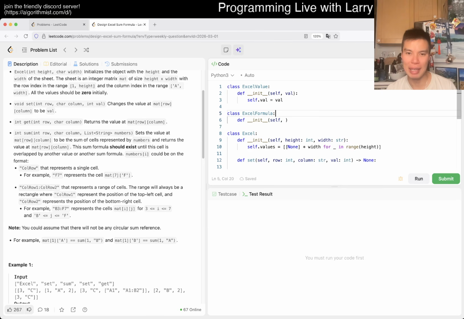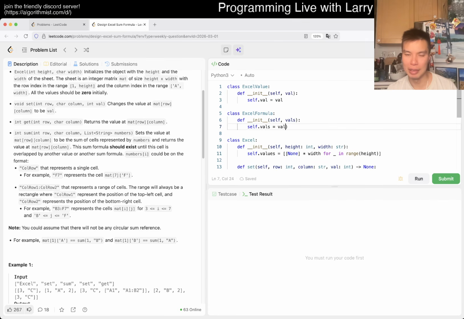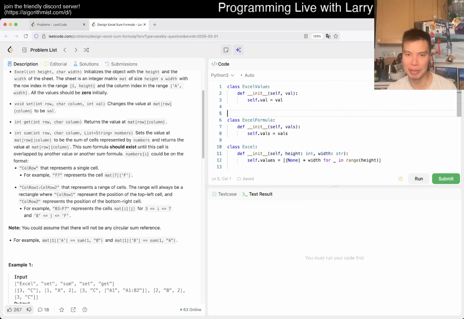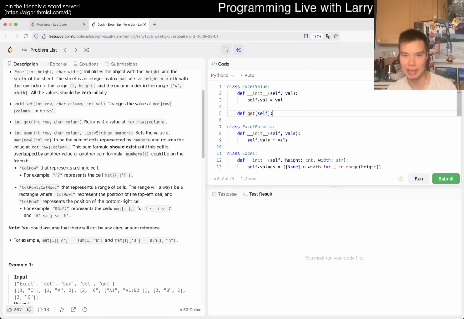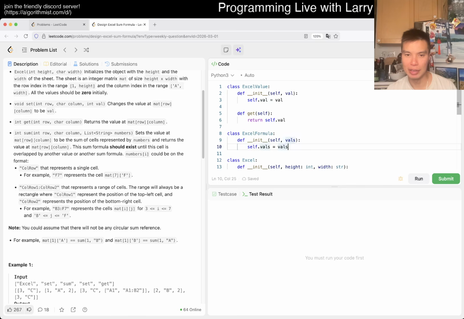In theory they both subclass something, but Python subclassing is a little bit awkward, so I'm not going to do that. But what I wanted to say is maybe you have a get function, and then here just return self.val, and then here